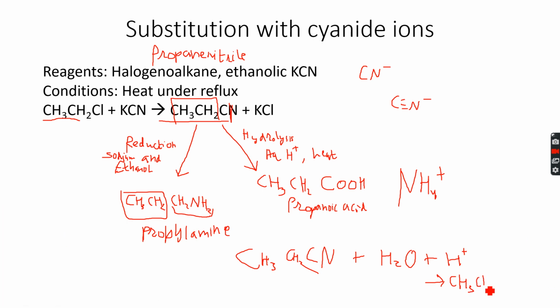CH3, CH2, COOH, and along with that you get the ammonium ion, NH4 plus ion. So this is the ammonium ion. So this is the hydrolysis of nitriles. You hydrolyze these nitriles and you get propanoic acid, and to represent this reaction you can simply write,